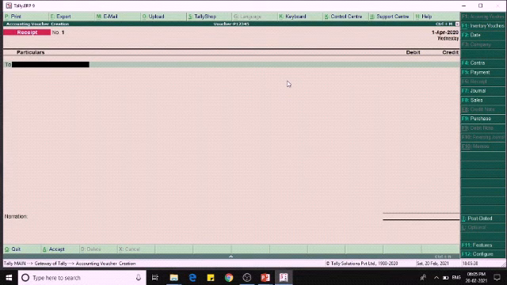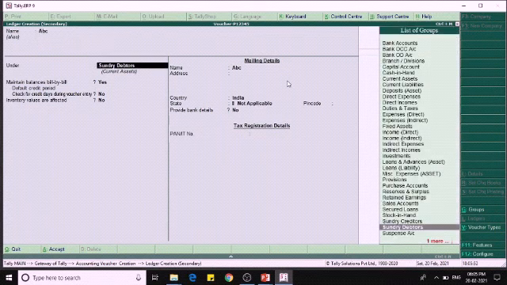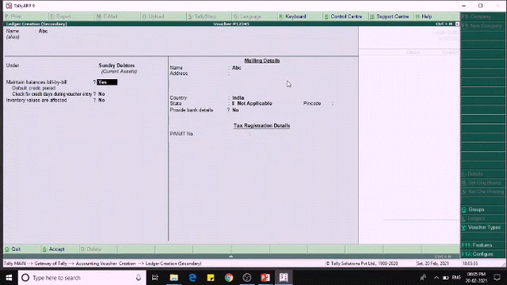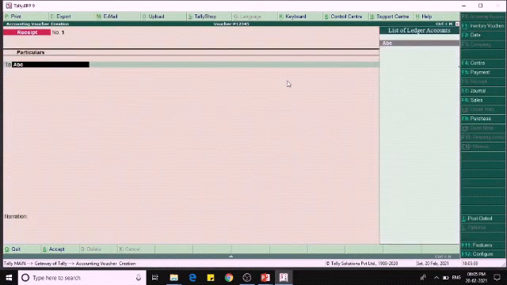For crediting this, I will create a secondary ledger under the name ABC. I will create a sundry debtor. Now let us assume the sundry debtor is paying to us.